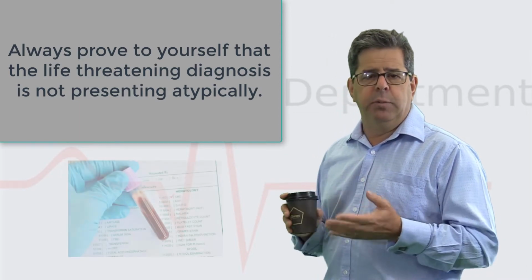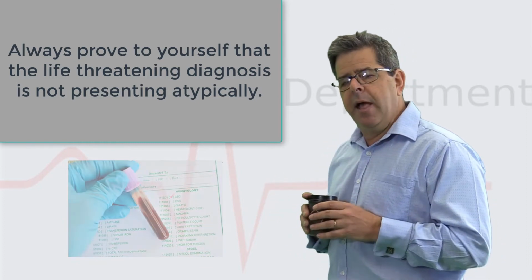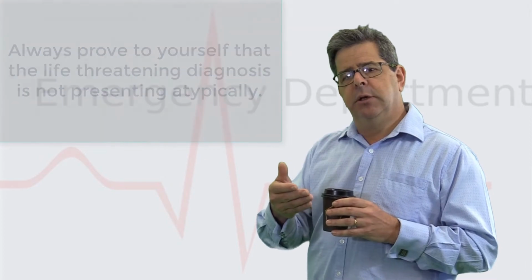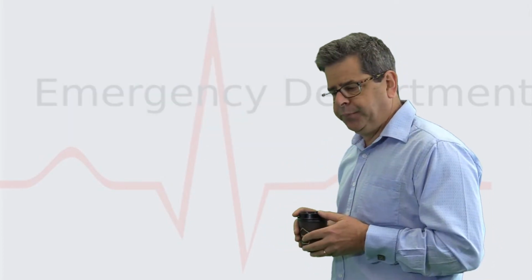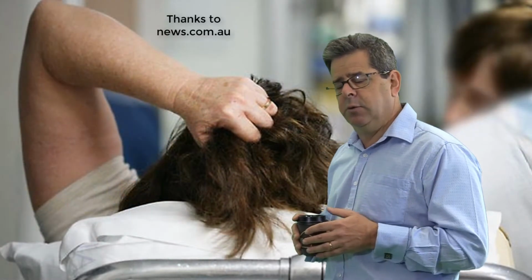They took blood for full blood count, UEC, etc., were waiting for a urine to come back, and they added on a beta-HCG to the bloods that had already been taken. They didn't have a great urgency for a pelvic ultrasound, and radiology was busy, so it would be about 2 hours' time. Unfortunately, what happened in that ensuing 2 hours is that she became more tachycardic, she developed increased abdominal